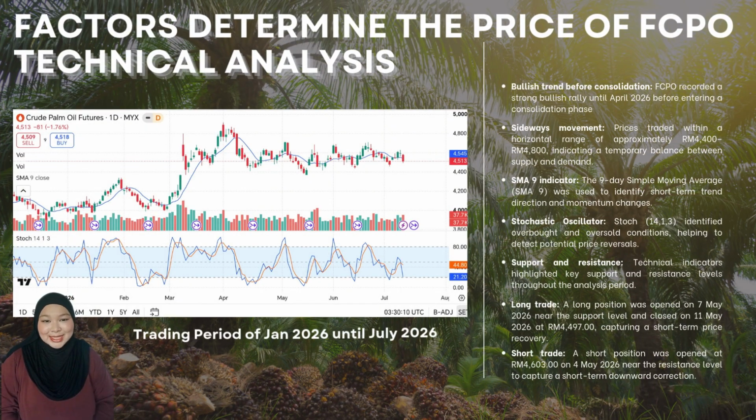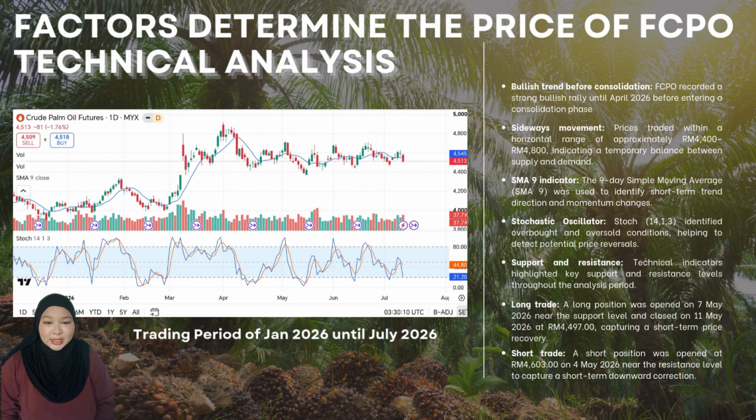Let's look at the technical analysis factors determining the price of crude palm oil futures, analyzing the trading period from January to July 2026. Market action shows a strong bullish rally leading up to April 2026, before entering a clear consolidation phase with prices moving sideways within a horizontal range of approximately 4,400 ringgit to 4,800 ringgit, balancing supply and